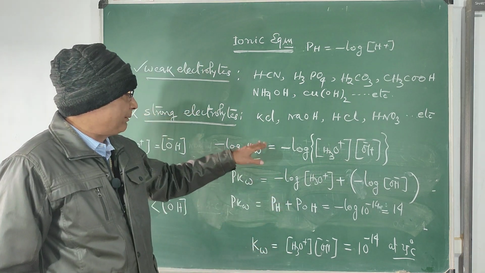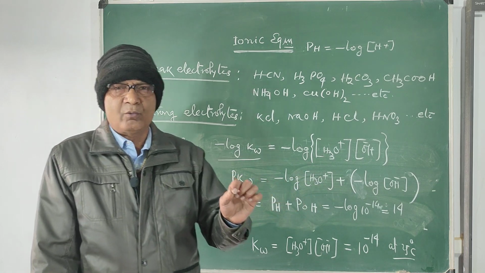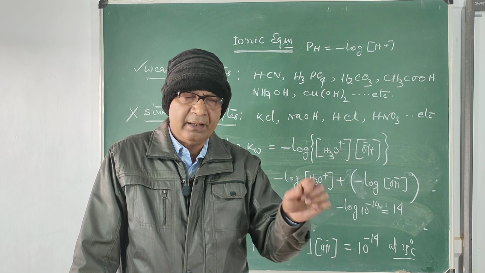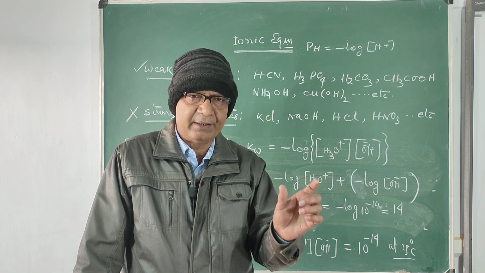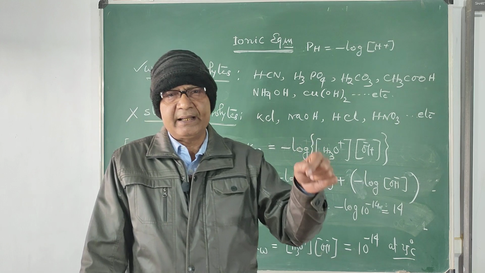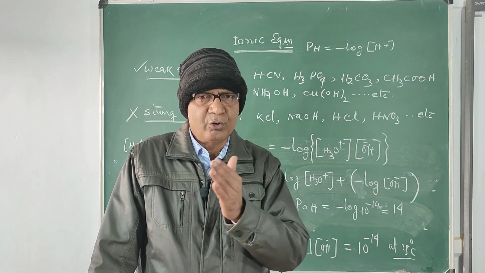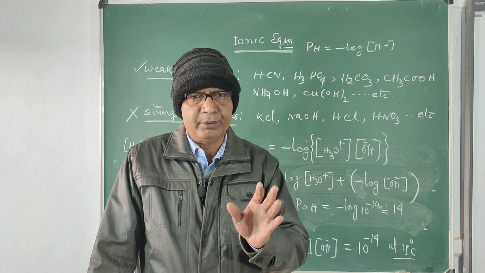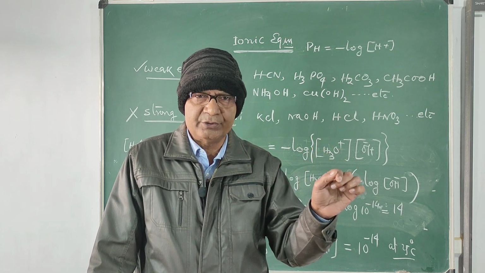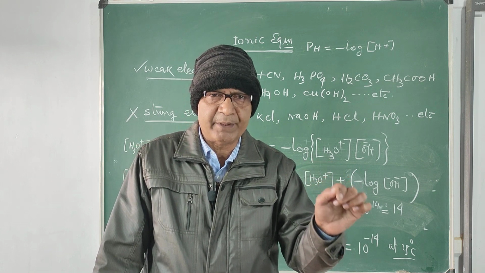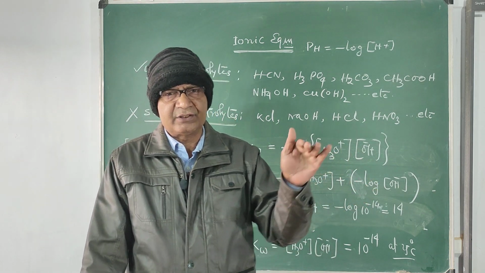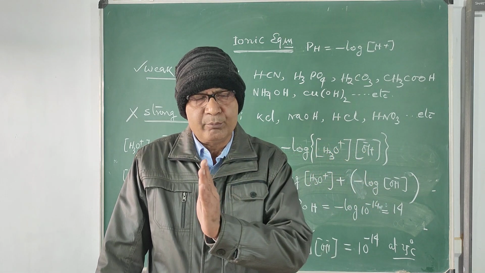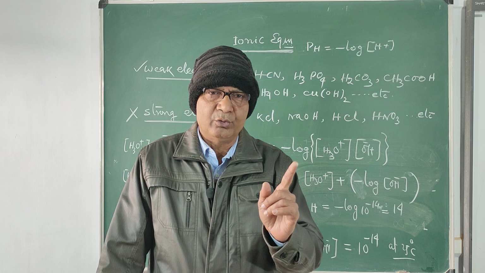Since it is an equilibrium system, water dissociates as H plus and OH minus. If you add acid to it, the equilibrium will be adjusted according to Le Chatelier's principle. If you add acid, the process will go in the backward direction and will maintain the value of Kw. If you add base to the solution, that means if you make the solution basic, the hydroxyl ions are added to water. That means the dissociation of water will move in the backward direction in order to maintain the value